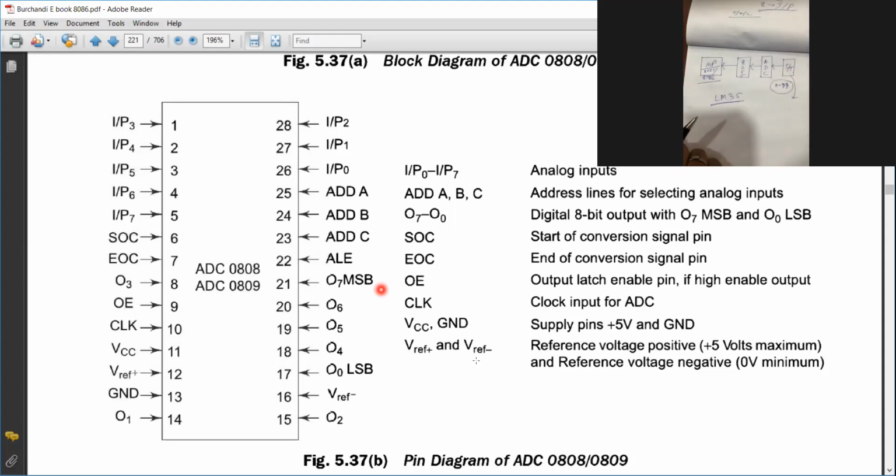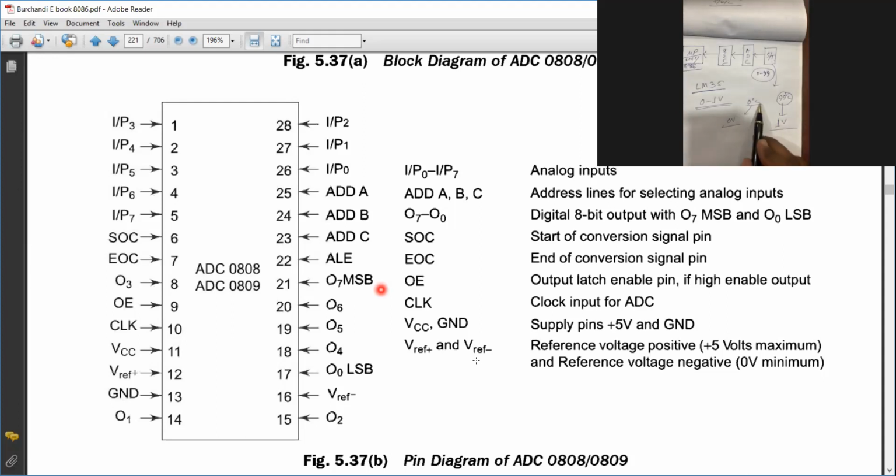LM35, right? So what are the functions of LM35? LM35 is a temperature sensor. Say it gives 0 to 1 volt. For example, at 0 degree centigrade, it gives 0 volt, and at 99 degree centigrade, it gives 1 volt.